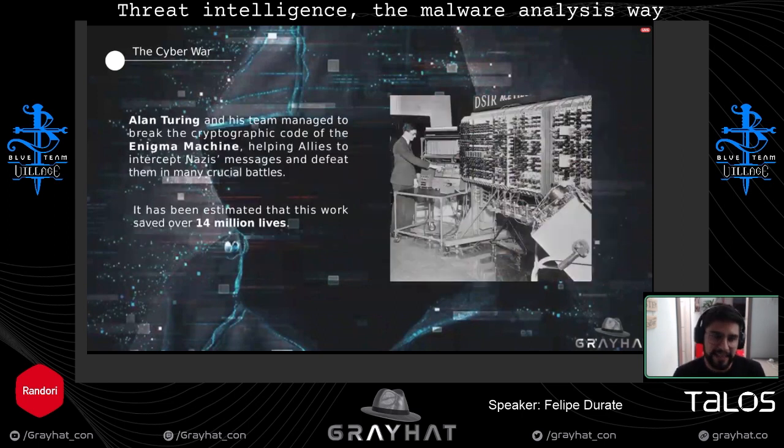That's why I like to think about this guy, Alan Turing. Probably you know a lot about him. He's kind of the father of computer science. And there was something very interesting about him. He had a team, and he was part of the Allies.